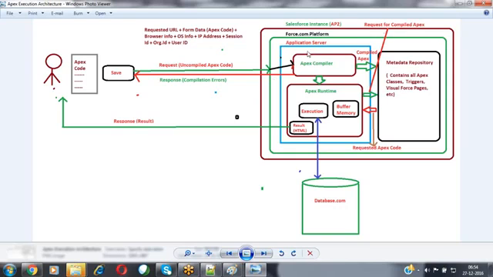Inside that Force.com platform, you will have that application server. Inside that application server, you will have the Apex compiler, which will receive your code and compile it. Once the code has been compiled successfully, it will be saved into the metadata repository. This is a place where exactly your code resides, where it gets compiled, and where it gets executed. Now your code is not saved, compiled, or executed in your local system. Everything is performed inside the Force.com platform only.